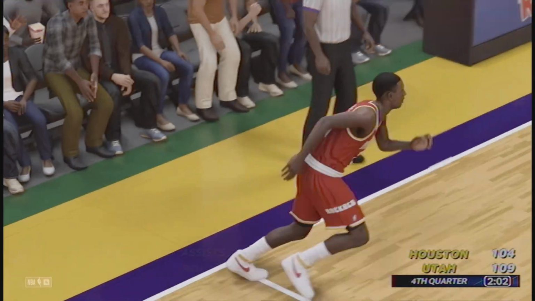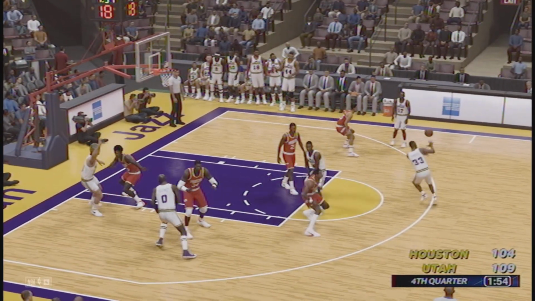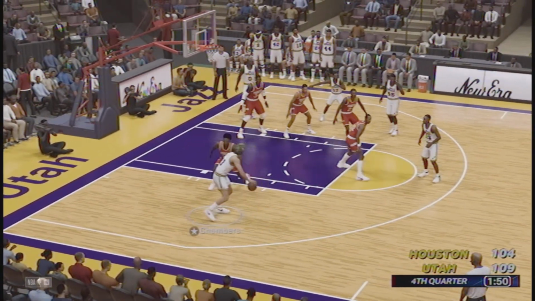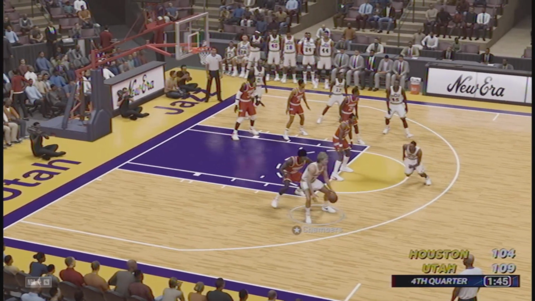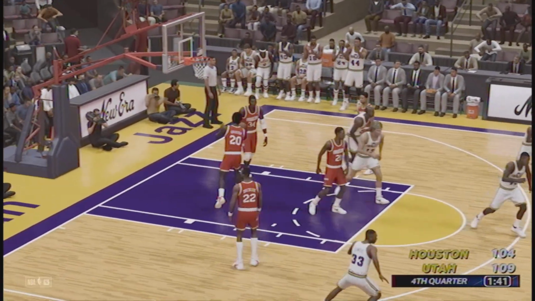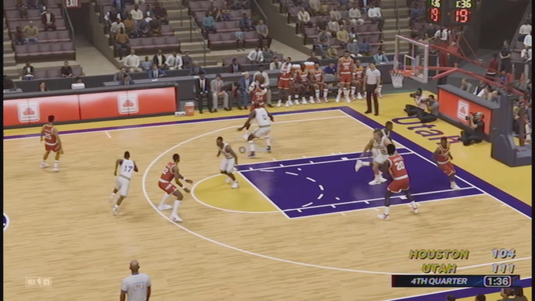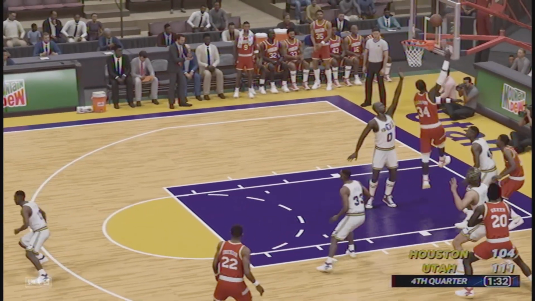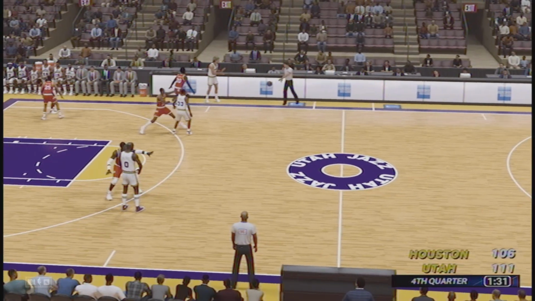It's good. 5-point game. Can the Jazz hold them off? Keep this lead. Hersey Hawkins passing to Tom Chambers. Chambers trying to drive. Gets stopped by Maxwell here. But Chambers does get by him and make that shot. 111-104. Doc Rivers passing it to Hakeem. Hakeem can't make that shot. Gets the rebound and the putback. So the Rockets aren't going away.